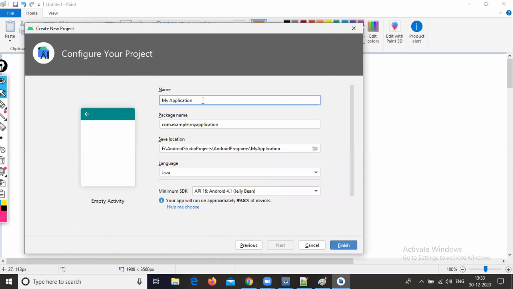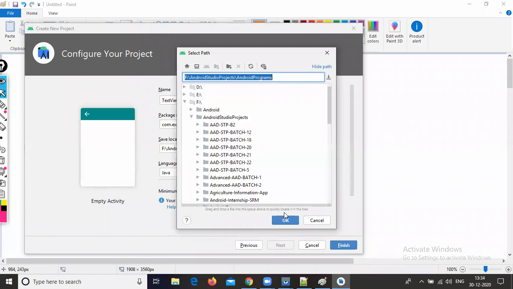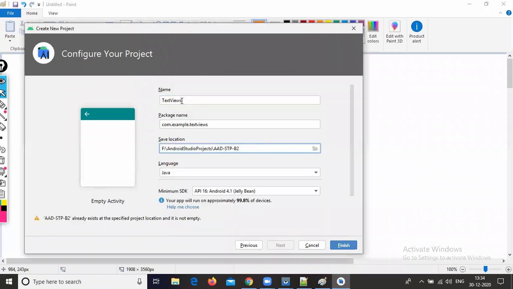So here give your project name. I'm writing my project name as test views. Now click on finish.